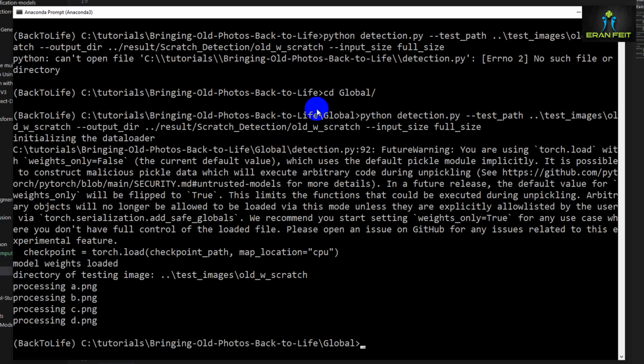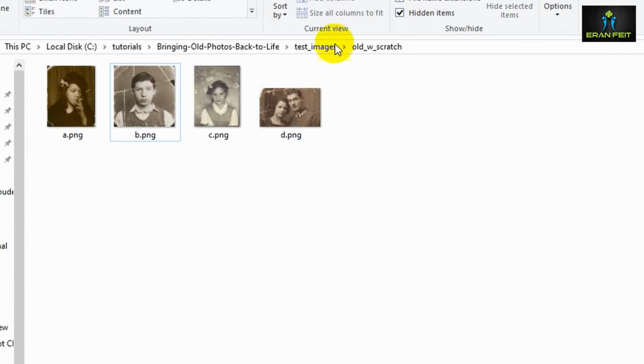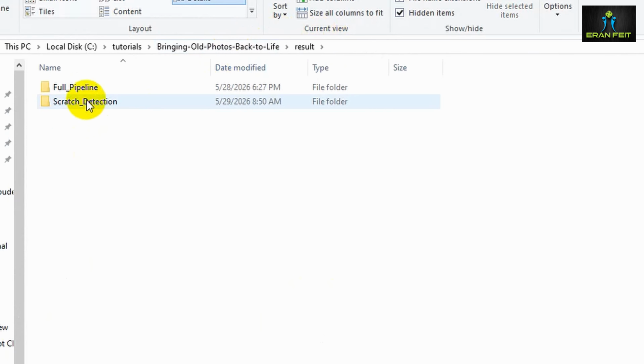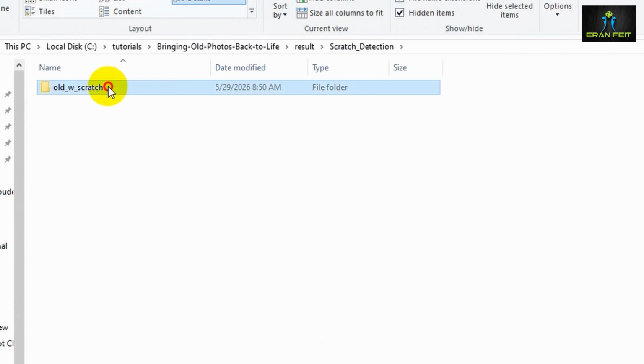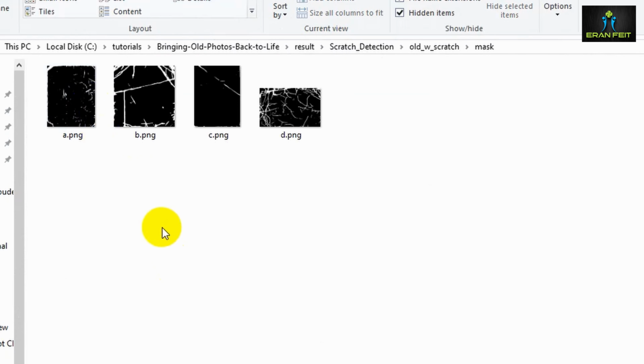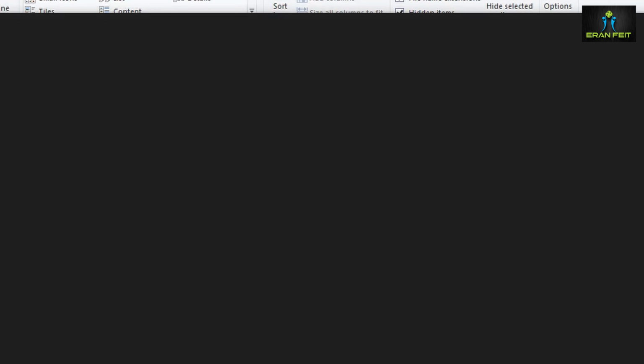So it's finished and everything was stored where we saved it here. Result, scratch detection, old_w scratches. So let's go back to our folder and let's go to the result, scratch detection, old_w, and let's go to the mask folder. And here you can see the mask. Let's open, for example, this image B,